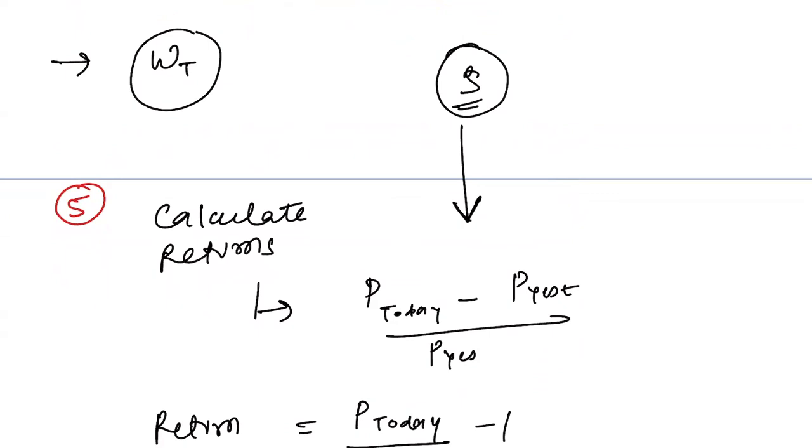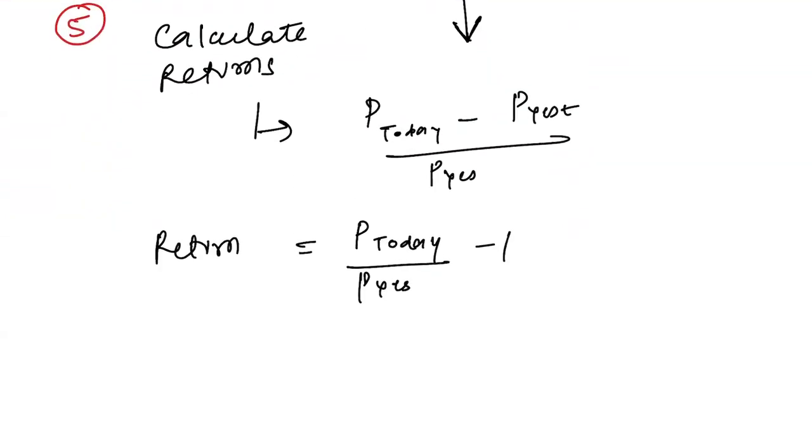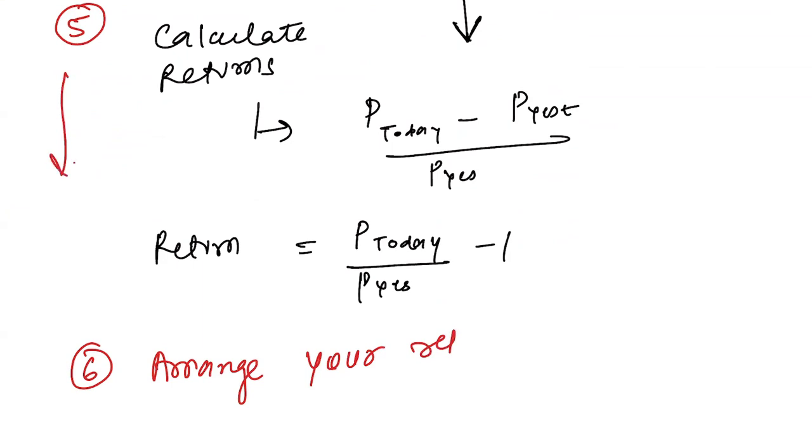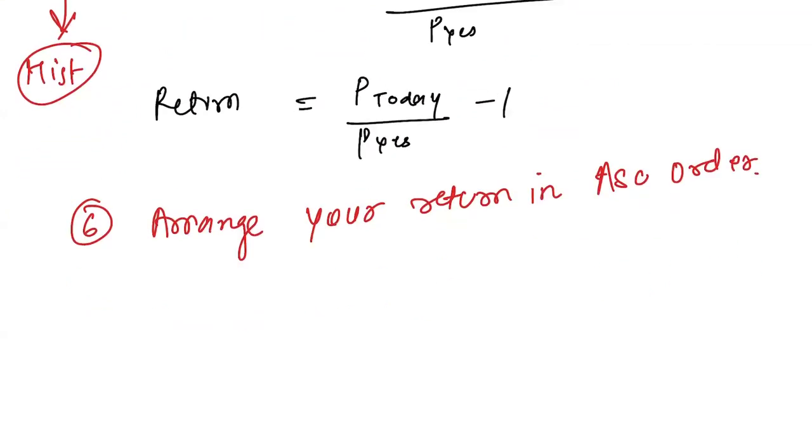So once we calculate the returns, now it's very easy. After this step, the process becomes very easy. Once you calculate your returns, arrange your returns in ascending order. From this step, you just have to follow the historical method, nothing else. So once you arrange your returns in ascending order, the next step is